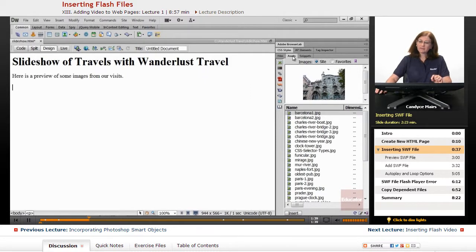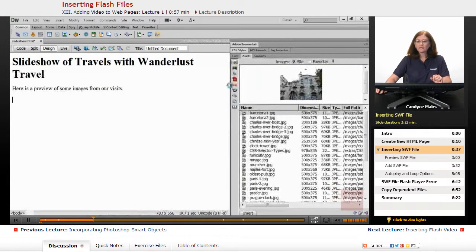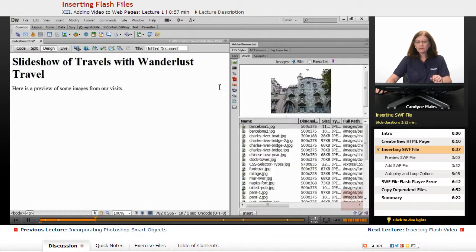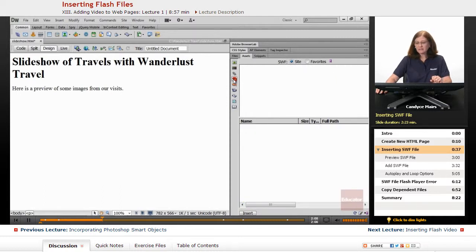Now, within the Assets panel, there is an area that will allow you to view your SWF files within your website. So I'll open this up just a little bit more because that's what we're going to do. So I'll go down to the red square that says SWF when you hover over it, and that is the format for a Flash file that you will insert into your website. So I'll go ahead and click on that, and it doesn't look like we have any Flash files right now